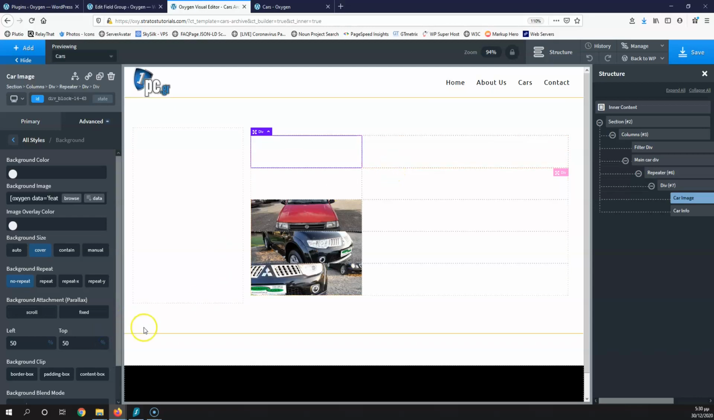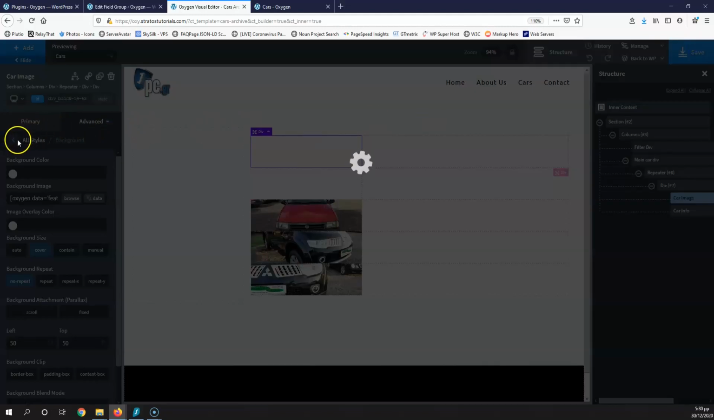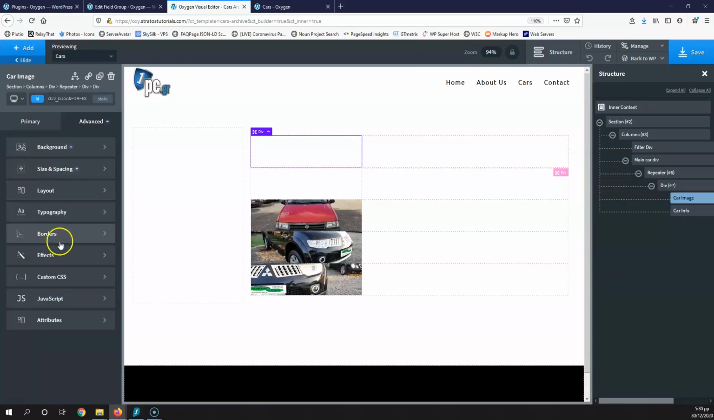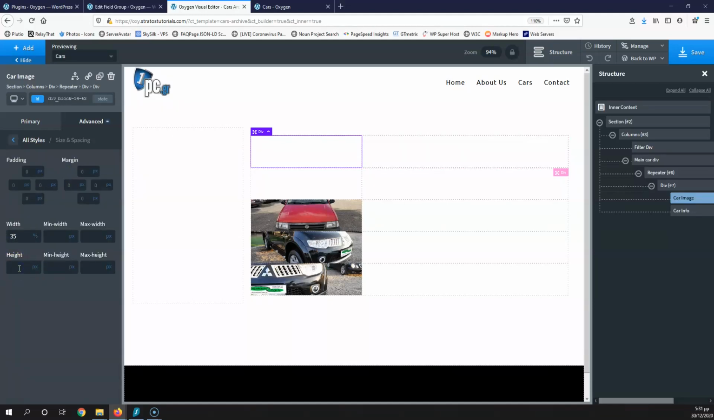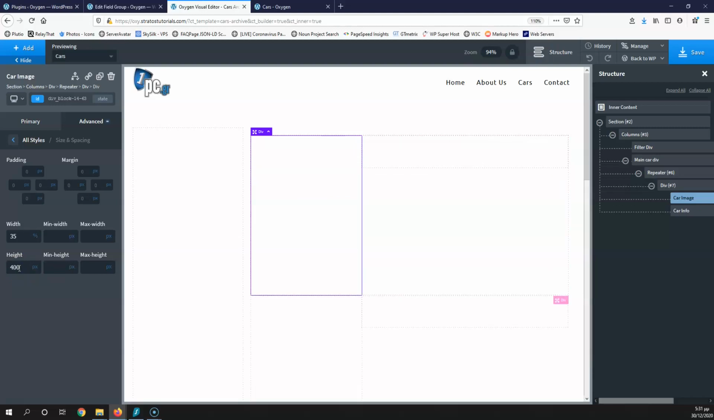Okay, let's save that and select next for the height of the div. Remember that since we haven't anything inside the div, we don't have any height because we don't have any elements. So we're going into the sizing and spacing, and for the height I'm going to select 400 pixels, something like that, or maybe 300 pixels. Maybe it's too much for that. So let's save changes,